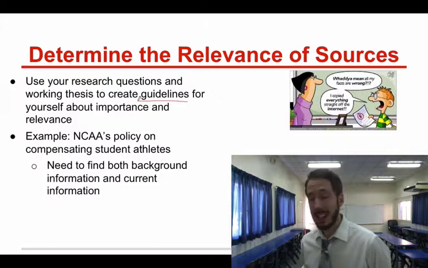And this takes a long time, but as you're reading, you need to read critically. You're not just reading to understand, you need to read with a purpose. So here are some things that you really need to think about as you're reading these sources. And this slide is very important. I put a big star next to this because this is something you're always going to have to keep in mind as you're doing your research.